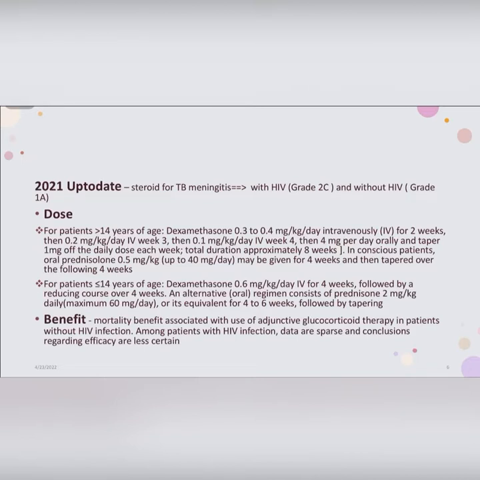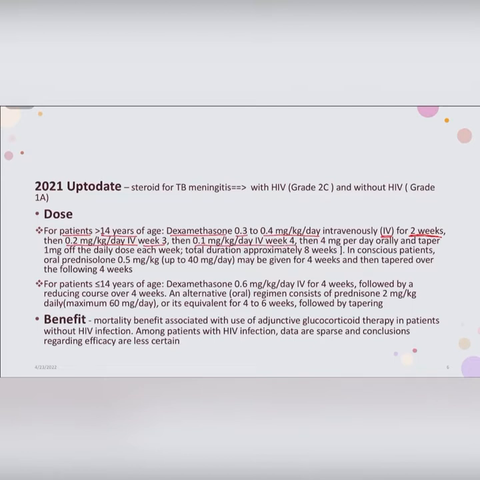Okay. If the patient is older than 14 years of age, and the patient is unconscious and cannot take orally, we can give dexamethasone 0.3 to 0.4 milligram per kg per day IV for 2 weeks. And then we will switch to 0.2 milligram per kg per day IV in week 3, and then switch to 0.1 milligram per kg per day